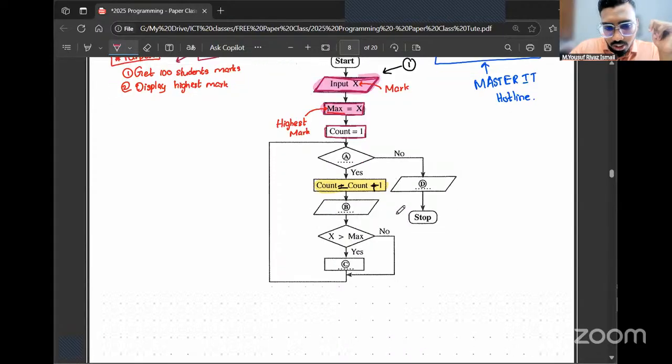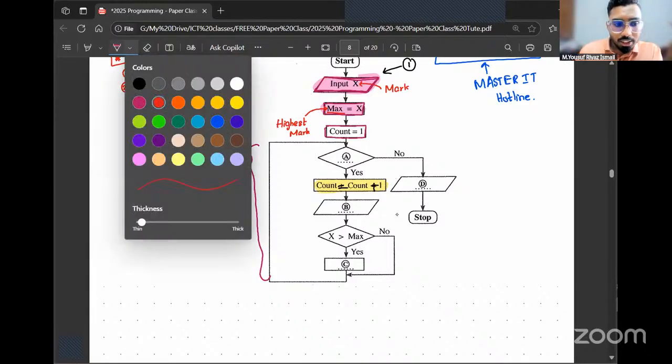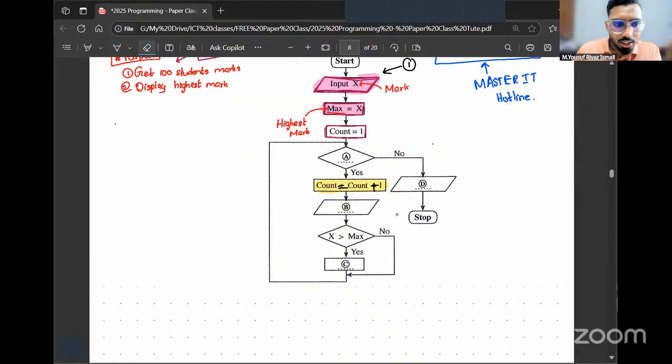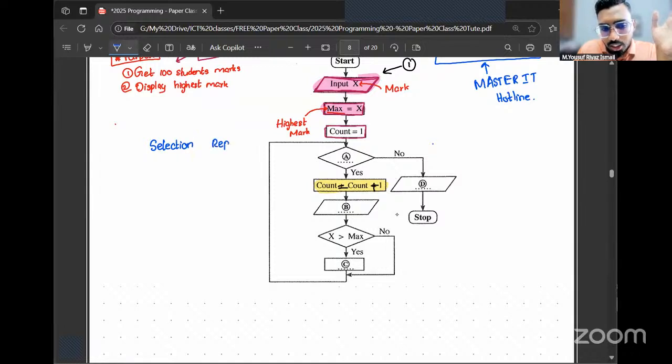If you look at the flowchart here, there is a specific repetition structure. If you're wondering how I knew there is a repetition structure, I taught you all this when I was in the class as well. I don't remember doing it in the paper class, but I'll tell you all. When you look at a flowchart, there is a way you can figure out whether it's using a selection structure or repetition structure. Now, there is something that is common for selection structure and repetition structure. What is common for both selection structure and repetition structure flowcharts? In both, there's something you might notice common. You can see in this also, that also you can see. What is that?